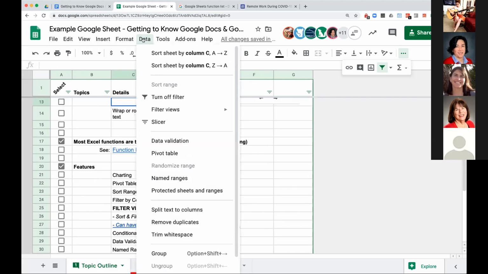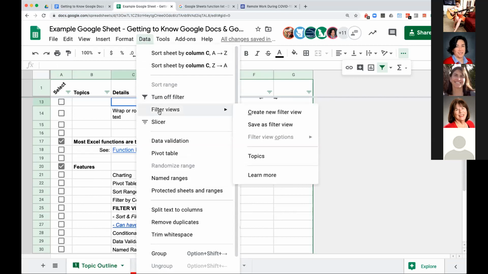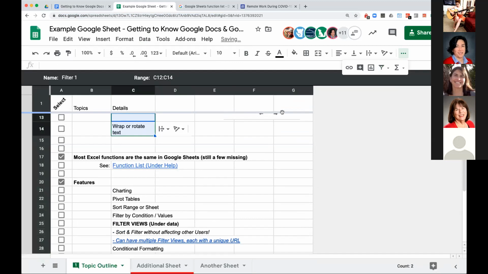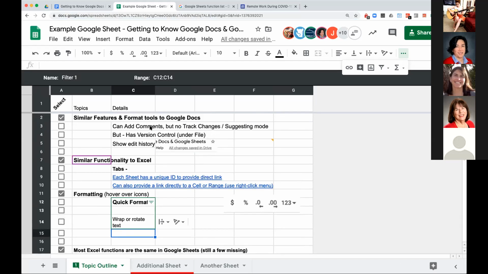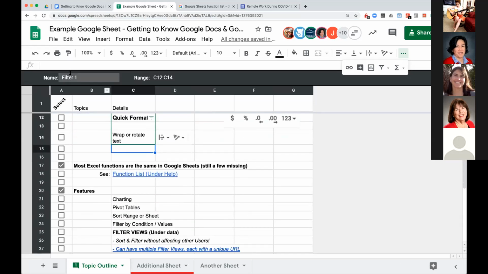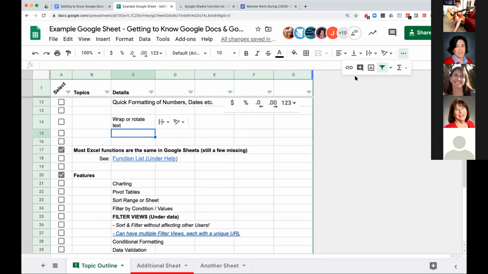This is under data. And basically, if you go to filter views under data and you create a new filter, this gets its own URL up here. Again, it's after the name of the document. There's this extra bit that basically says, I'm on this sheet and here's my filter view ID. So what this means is you can do whatever you want here and sort and filter, and no one will see what you're doing. If you make edits, the edits will show up, but any sorting or filtering that you do will be in that view, and it won't impact people who want to see the whole document.